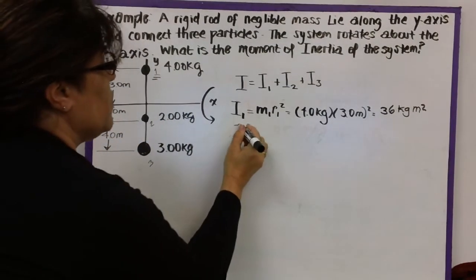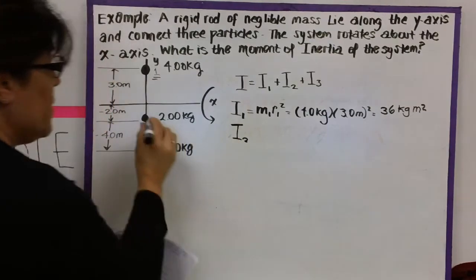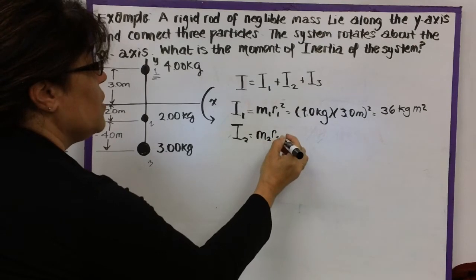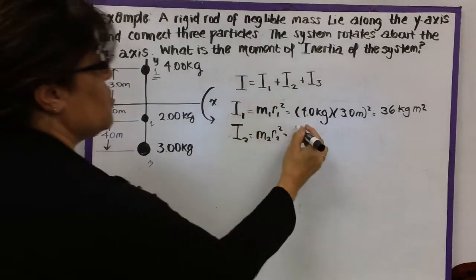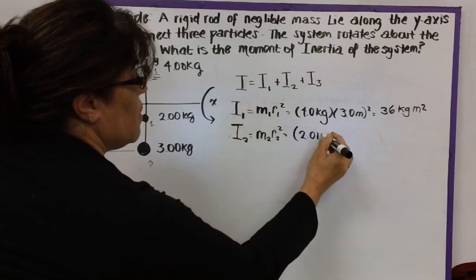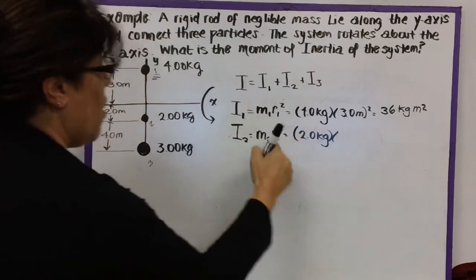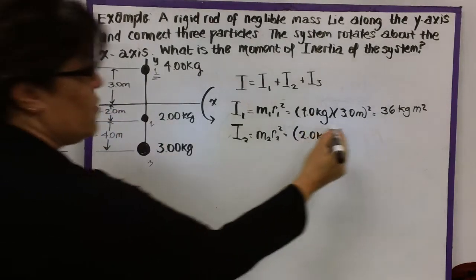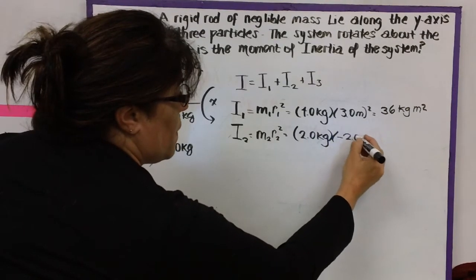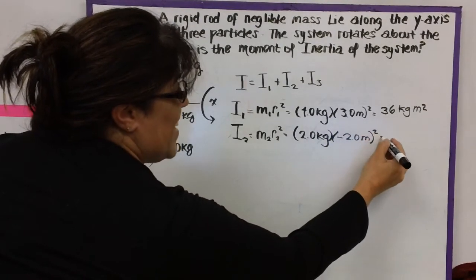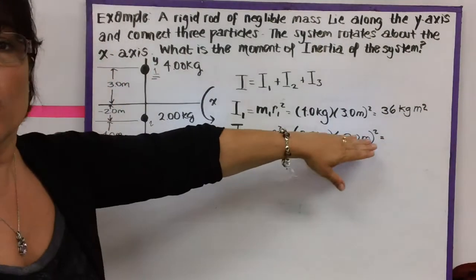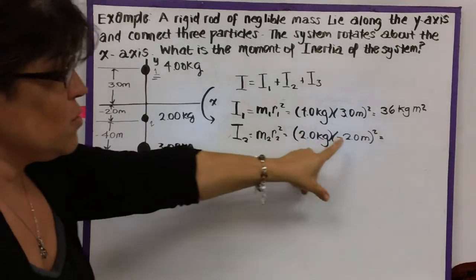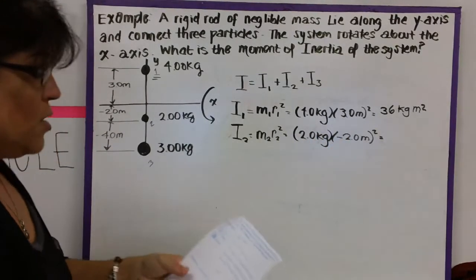Now we're going to find the moment of inertia of the second object, so I2. That's going to be this object right here, which is going to be m2 r2 squared. Well, m2 is 2 kilograms. And r2 is the distance from that object to its point of rotation, which is -2. But remember, we're squaring it so that negative goes away, so it really doesn't matter what side of the axis of rotation the object is on. So it's 2 times 2 squared, 2 times 4, so we end up with 8